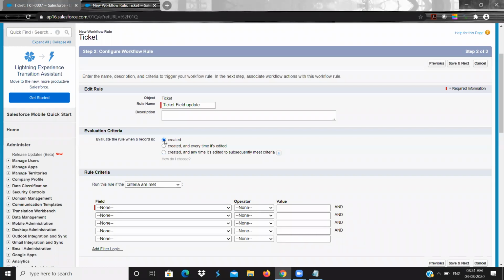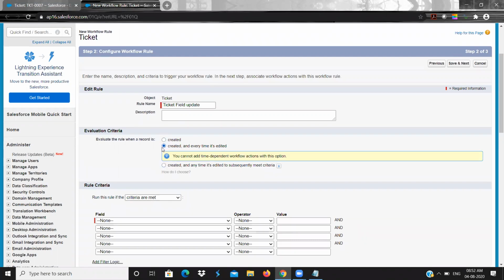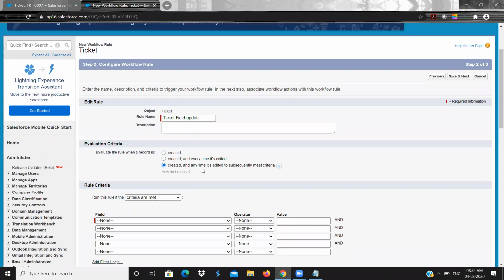Whenever a record is created, at that time you want to do this. Or whenever it is created and every time it is edited, that means update. And in that update also, if I click on edit and save the record, whenever an edit operation occurs, these actions should be carried out. And the third is created and updated anytime, but it should meet the criteria. If it meets the below criteria only, that thing should happen.